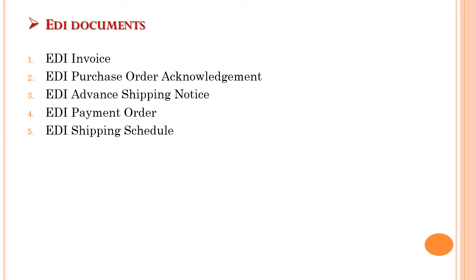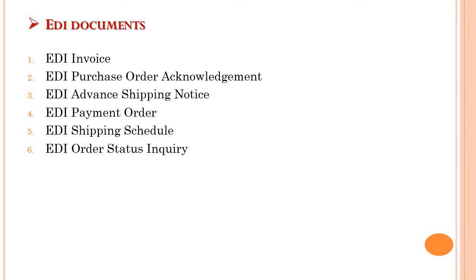Next is EDI shipping schedule. A shipping schedule transaction set outlines the specific requirements for a particular shipment from a supplier. This information includes the target shipping schedule, order details, shipping carrier information and other details regarding the shipment of an order. This EDI document is very important for just-in-time manufacturing, which relies on real-time data to accurately manage inventory levels.